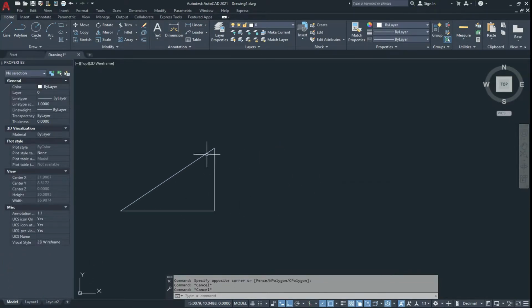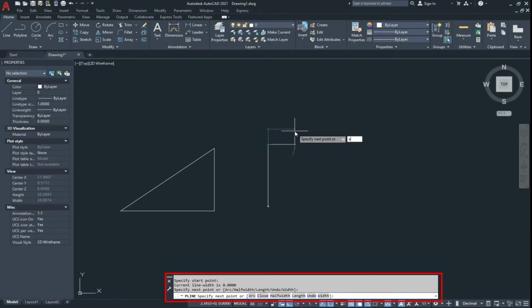Now I select my polyline tool again and give it a start point. Now it prompts you in the command line: arc, half width, length, undo and width. With the first point, arc, we type A for arc and Enter.